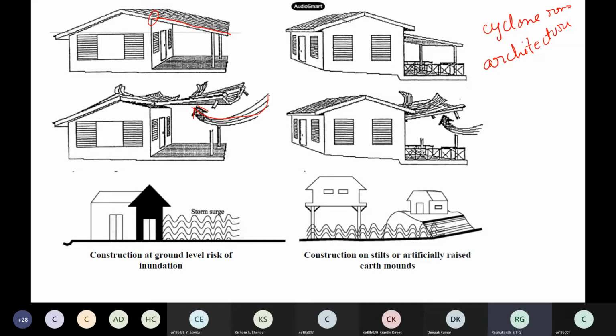Now another problem that happens with wind: whenever you have cyclones, not only the wind, but you also have huge rain, and this is what we call storm surge. So this also comes into the picture. If you are located at a low level, although your structure may be fine for wind, you will be submerged in this water itself. So this is also a very important thing. Design for a cyclone is not only making the structure safe for wind, but the elevation also matters a lot. If you are located where there is a storm surge, this problem may come up. So both these things have to be handled.